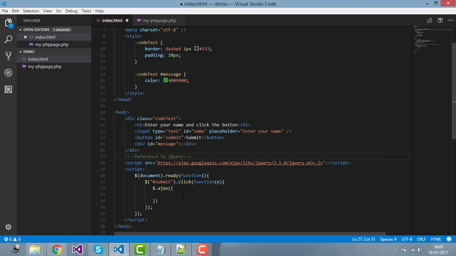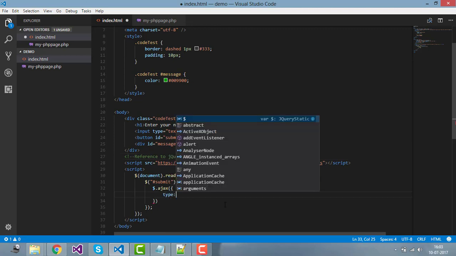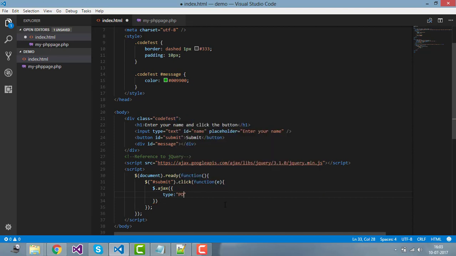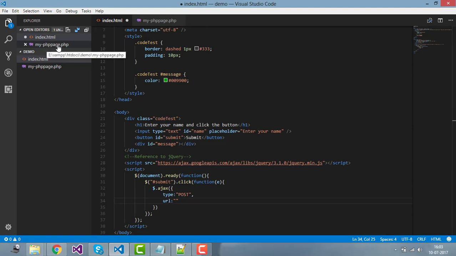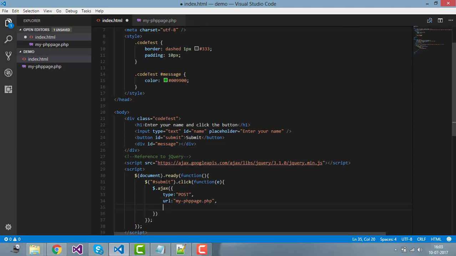Okay, this is $.ajax, and we write here type post, and we get the URL to be this URL, because we will be telling the jQuery AJAX method to call this page. So its name is my-php page.php,